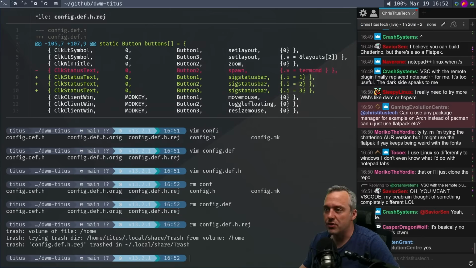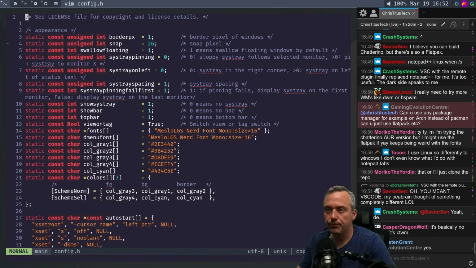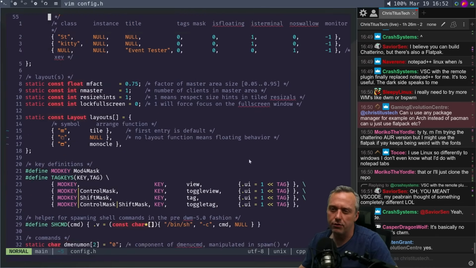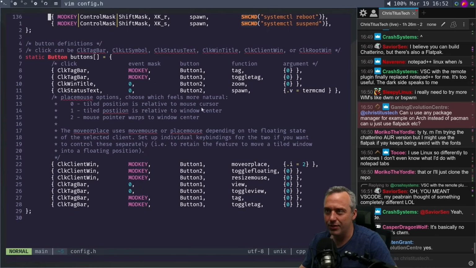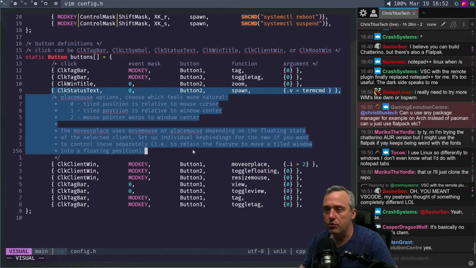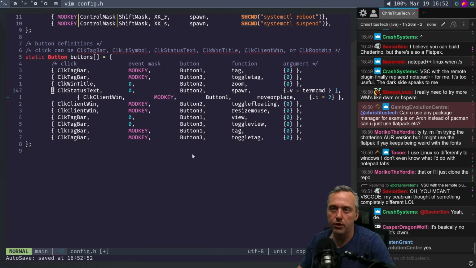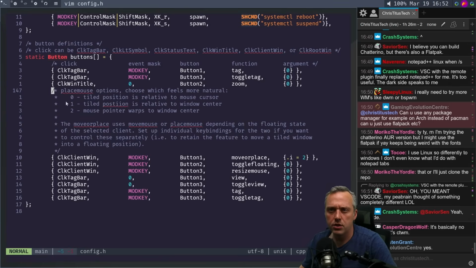Anyways, let's also fix our config.h file. The def file is just the default file. I don't necessarily need to do that one, I just felt like doing it. And if I was smart, I would have pasted it from there, but you know, I'm not. Oh, actually,